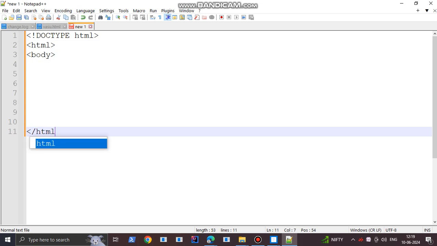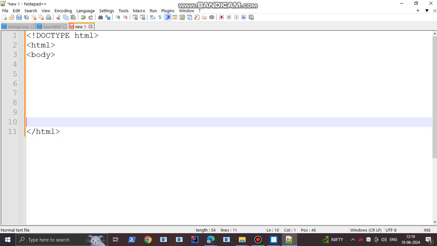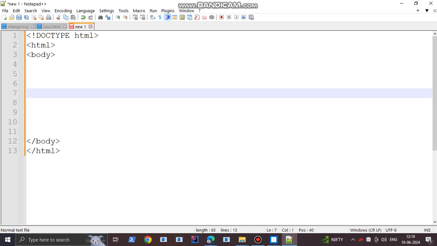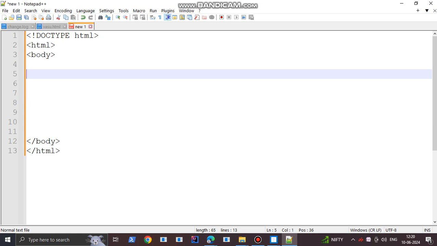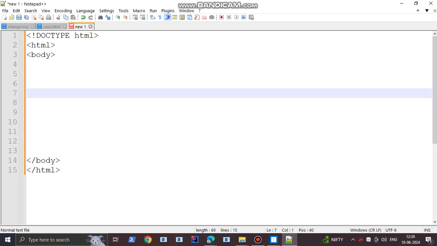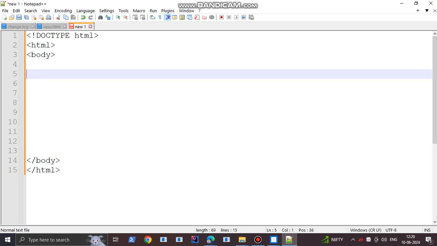Before that, the body is to be closed with its end tag. Now the structure we have made. Within the body section, the body element started with the body start tag and ended with the body end tag, whatever we write within this will be displayed in your web page.